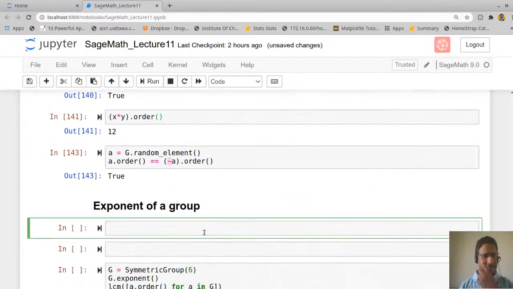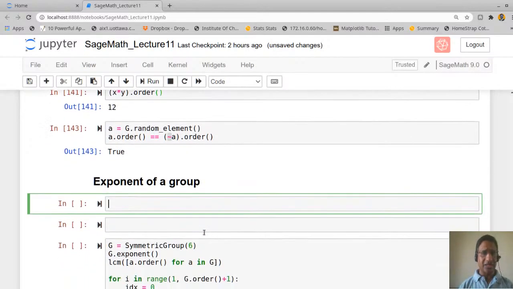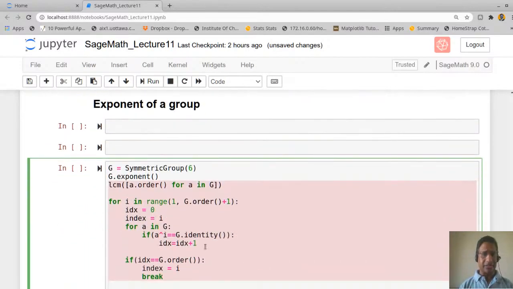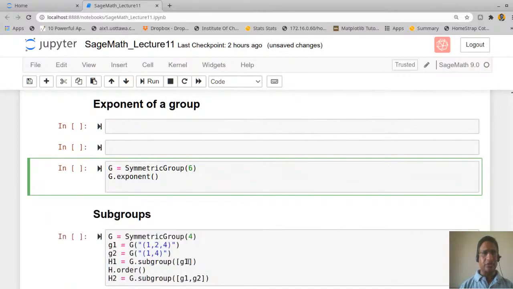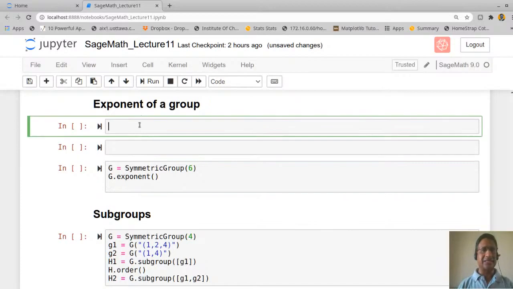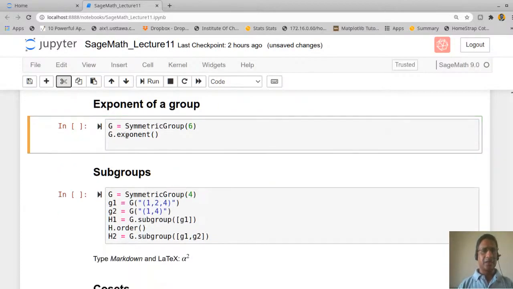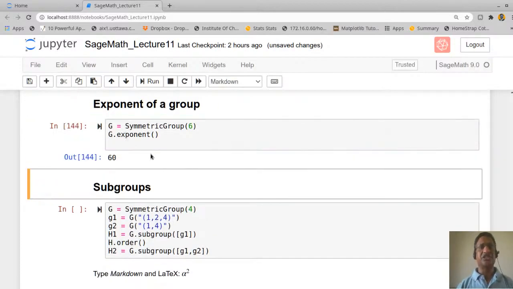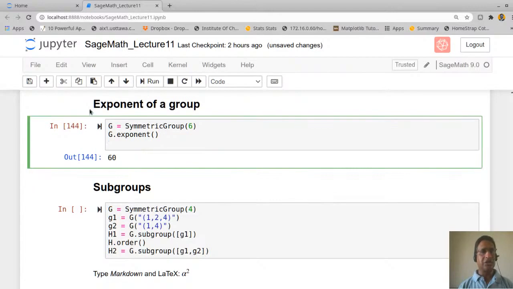So very easily we can verify this. Let me just explain this particular code. If G is the symmetric group S6, then the exponent of this is 60. That means every element in S6, if I raise it to the power 60, will be identity, and that is nothing but the LCM of all these orders.